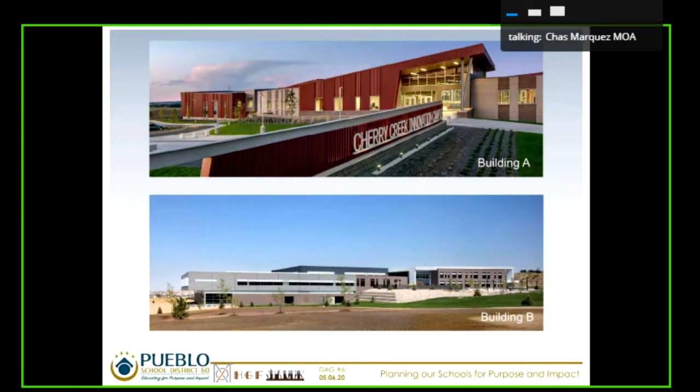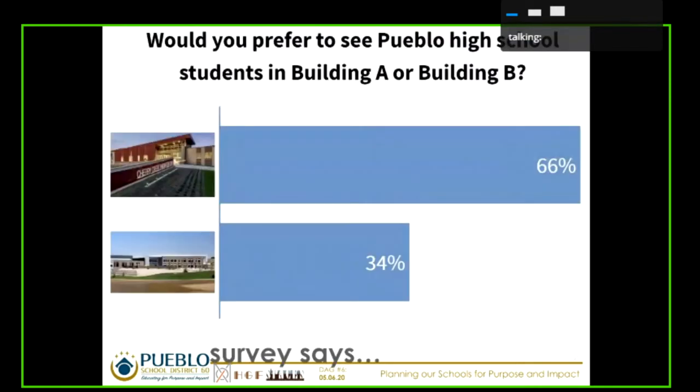So here's another polling result. I think, again, hopefully we'll be in line with this. This one was a little bit more heavily favored. Image A was using pretty simple forms, but in a little bit more modern way while sticking with more traditional materials, whereas I think image B was maybe a little bit too modern. So we're trying to find that right balance.